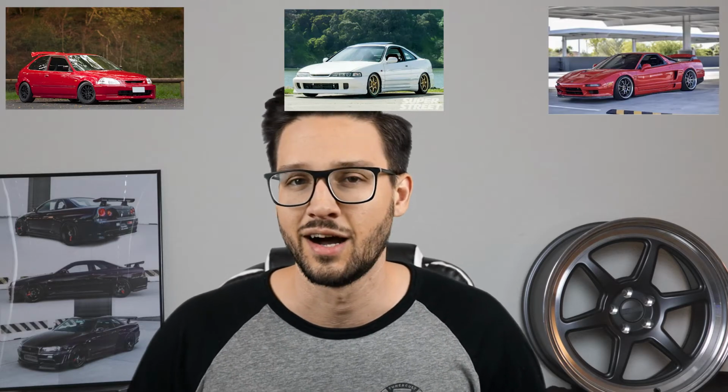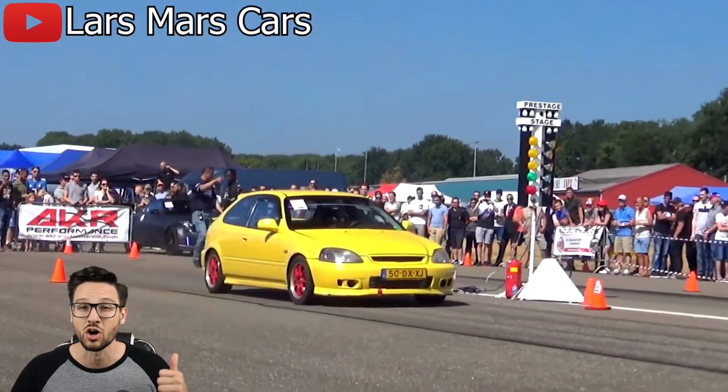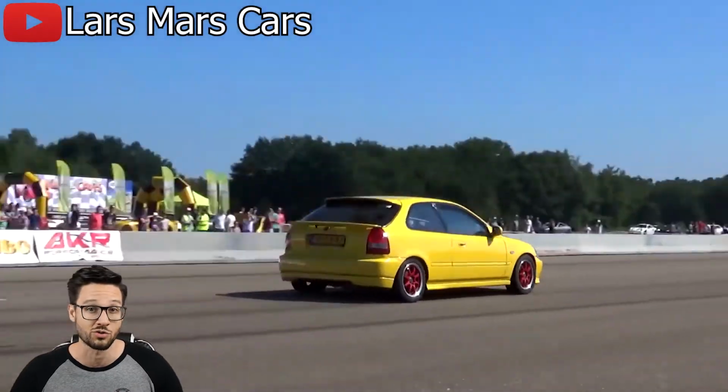From Civics to Integras to the legendary NSX, Honda's lineup of small, lightweight, fun-to-drive cars are no stranger to making solid power while also being surprisingly fuel efficient. And that's all thanks to a little thing called VTEC. VTEC is the system that allows Honda's 4-cylinder engines to be efficient little fuel-sipping machines when you're cruising around town or doing 25 through a school zone, but also loud honking rippers when you put your foot down on the on-ramp. Before we talk about how VTEC actually works, let's take a look at how VTEC came to be